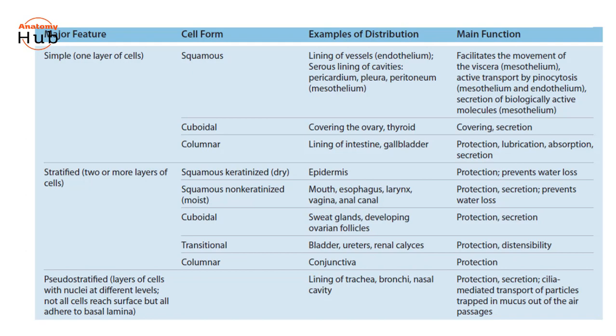It also helps in absorption. Through the function of various specialized structures like cilia and microvilli on the surface of cells, epithelial tissue aids in the absorption of multiple molecules by increasing the surface area. In the digestive system, columnar cells of the small intestine help in the absorption of water and various other nutrients.